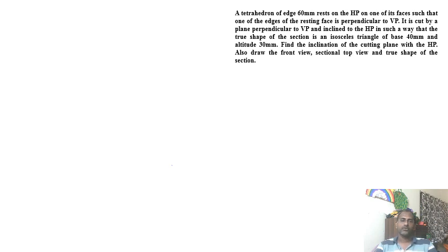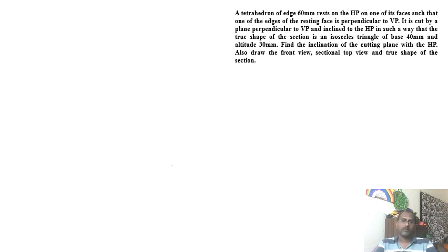Now you know the procedure to draw the section of solids. You probably first draw the top view and the front view and then you place the cutting plane. Once the cutting plane is made, you try to get the apparent sectional view in one of the views, and then you try to draw the true shape of the section. That is quite a direct problem.